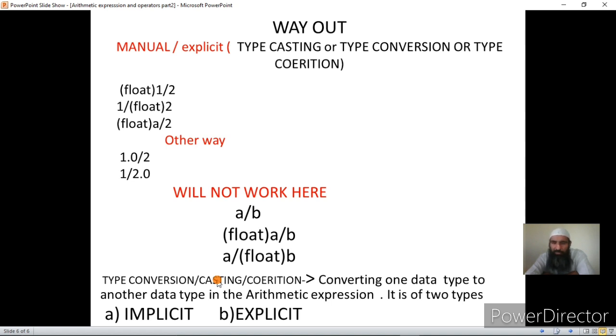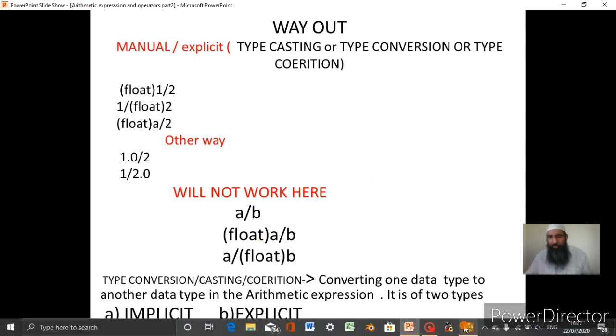It has two types. One is compiler defined and one is programmer defined. Here, where the programmer feels that he will not get correct results, the programmer will rectify the problem that exists within the C compiler. That is, the compiler will produce the result in the higher type only, and this will always lead to errors when we have integer by integer. Okay, so typecasting and type coercion, I think it's clear now.